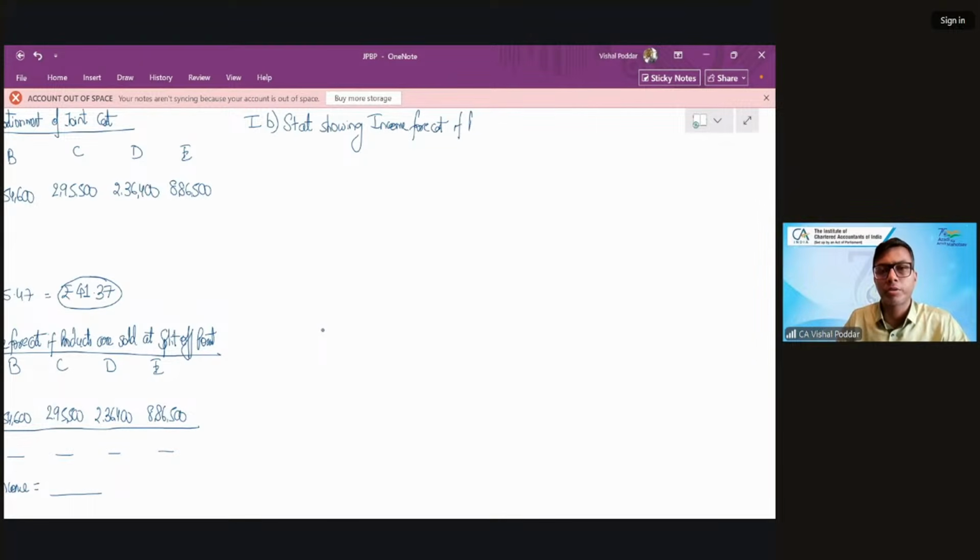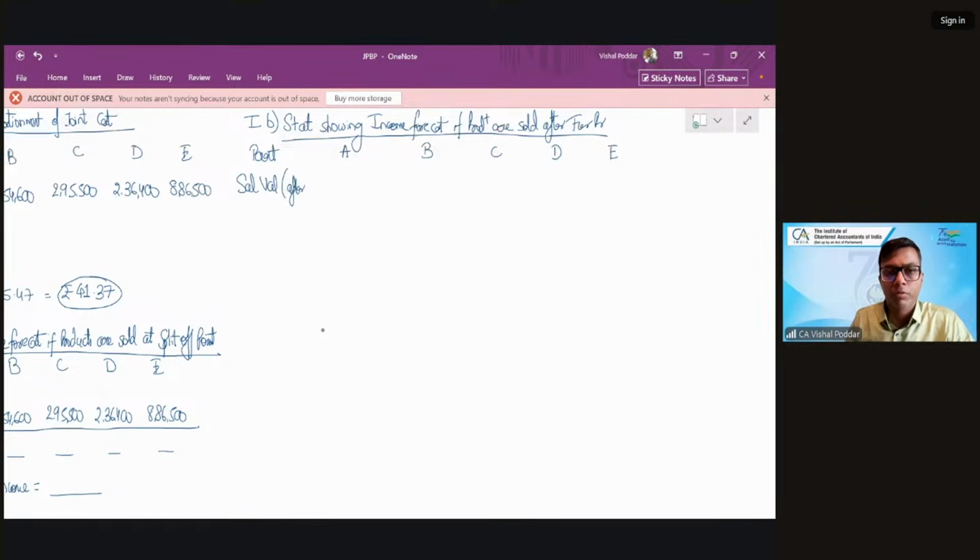If products are sold after further processing. Sale value minus joint minus